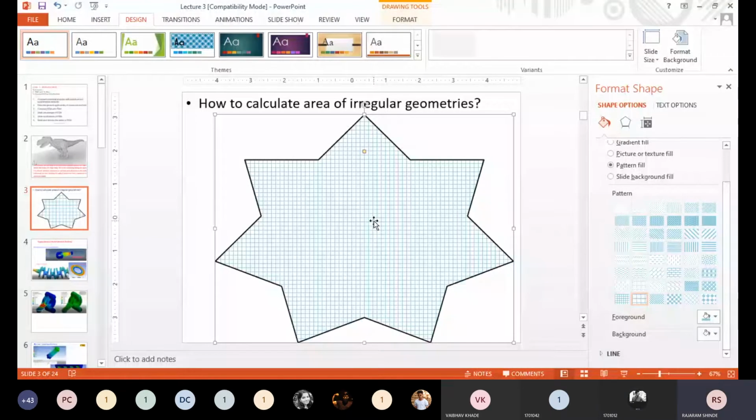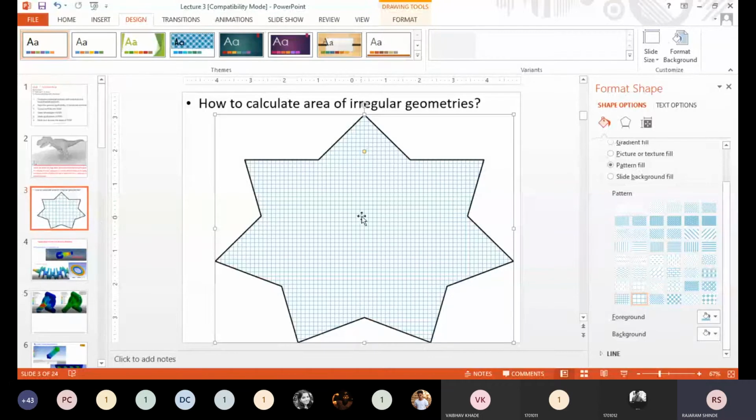Yes, sir. If I reduce the size of the squares, then I will get more accurate results. The same thing we get in the finite element method. See here, we are using finite sized elements, and for improving the accuracy of the results, we are reducing the size of the elements. Now, what are the elements, and how can we improve the accuracy?